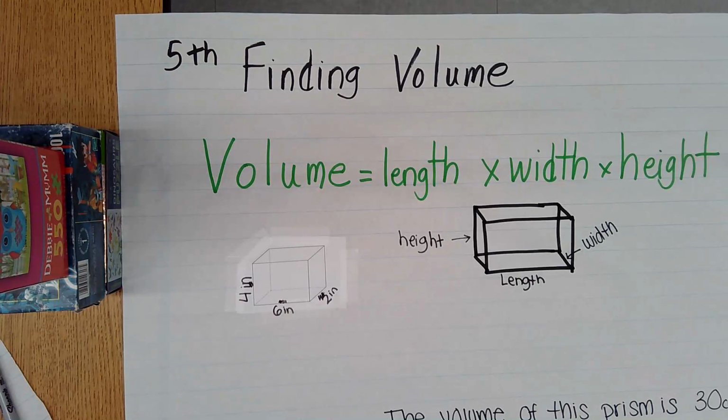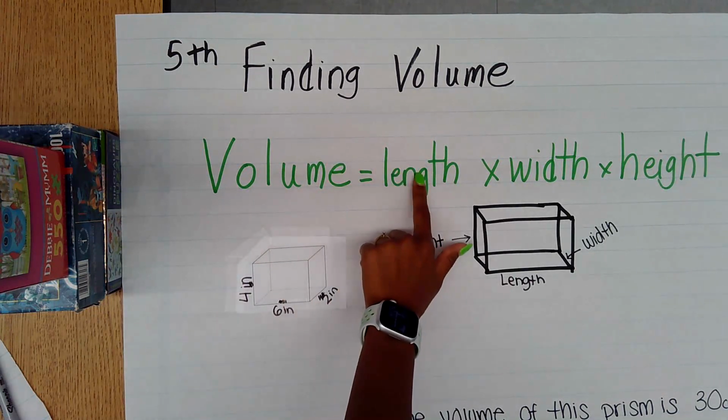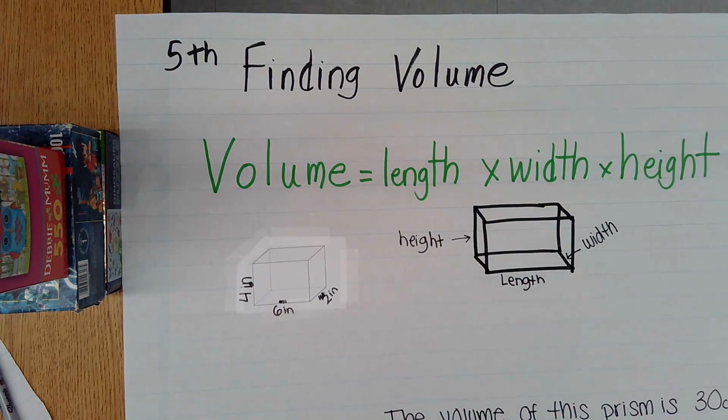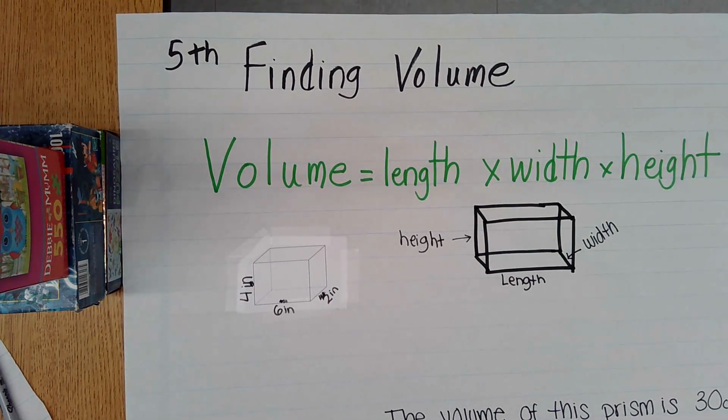A major measurement skill we work on in fifth grade is finding the volume of rectangular prisms. When we work on volume, we learn the equation of volume. That way we can insert our numbers in order to solve. So the equation for volume is length times width times height. Now students have prior knowledge of area, and we're just adding that third dimension because you only find the volume